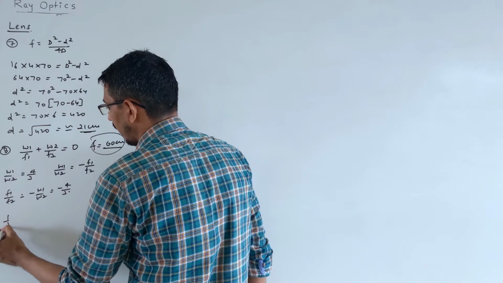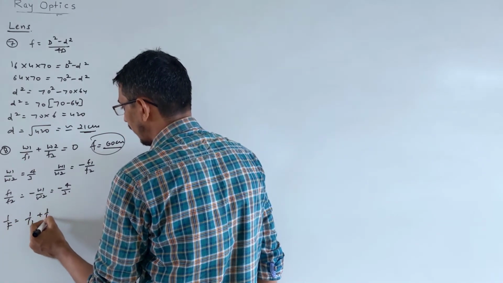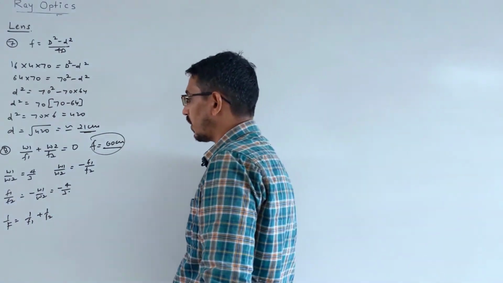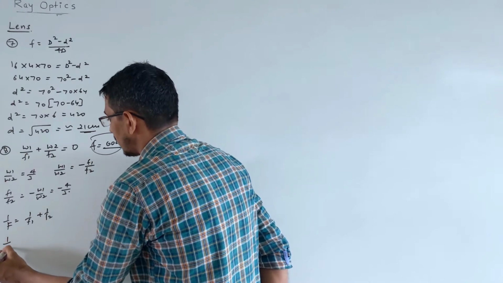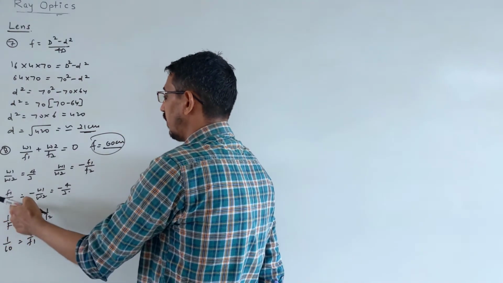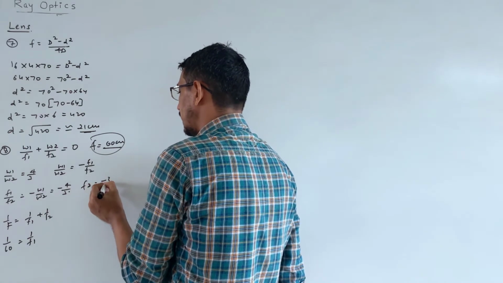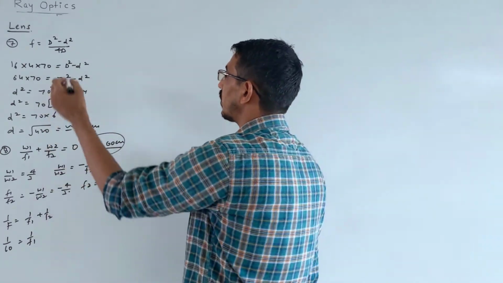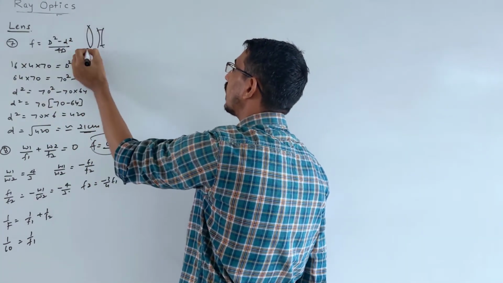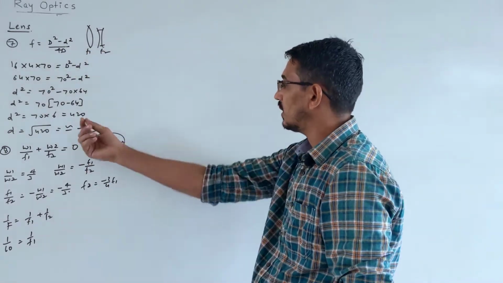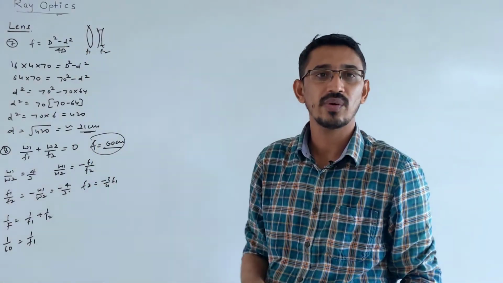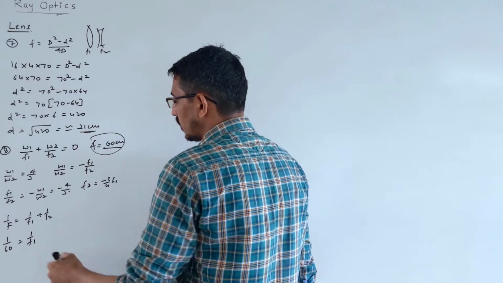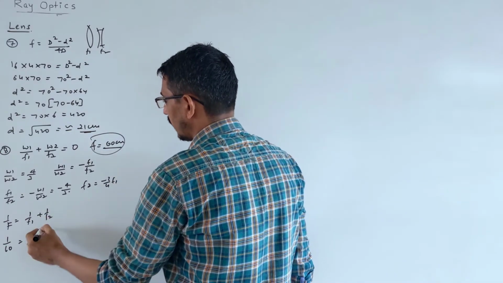And what is the net focal length? Two lenses we have, so 1 by f should be equal to 1 by f1 plus 1 by f2. Correct? Okay, so any one you have to replace. Net focal length is given as 60, so 1 by 60 equals 1 by f1 plus 1 by f2, where f2 I am putting as minus 3 by 4 of f1. Two lenses in an achromatic combination always, of focal length f1 and f2. Net focal length is already given for this combination, and we have to find the individual focal length of each lens. So I am replacing any one; you can replace f1 or f2, your choice. So f1 I am keeping the same, and f2 I am putting as this much.